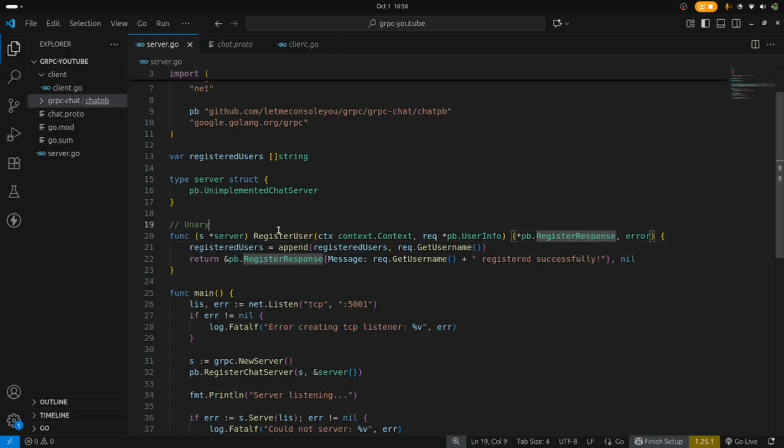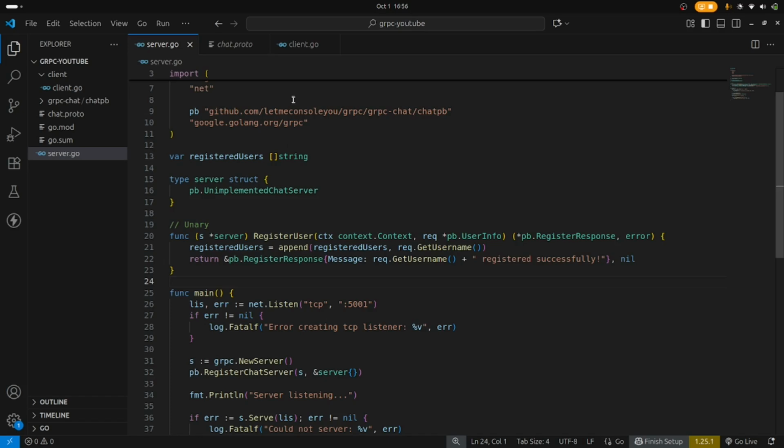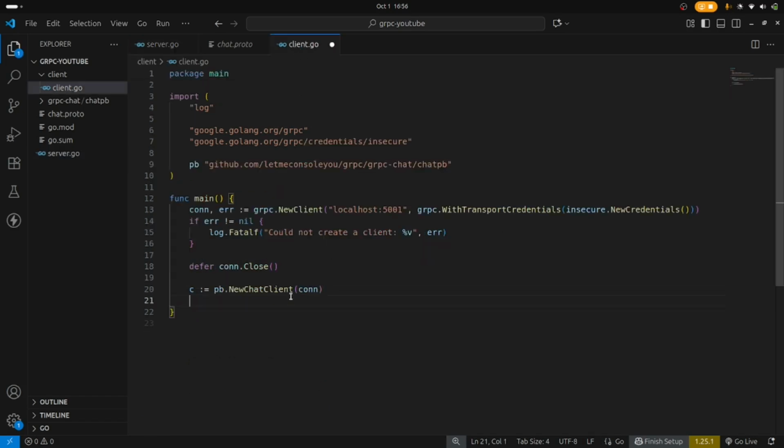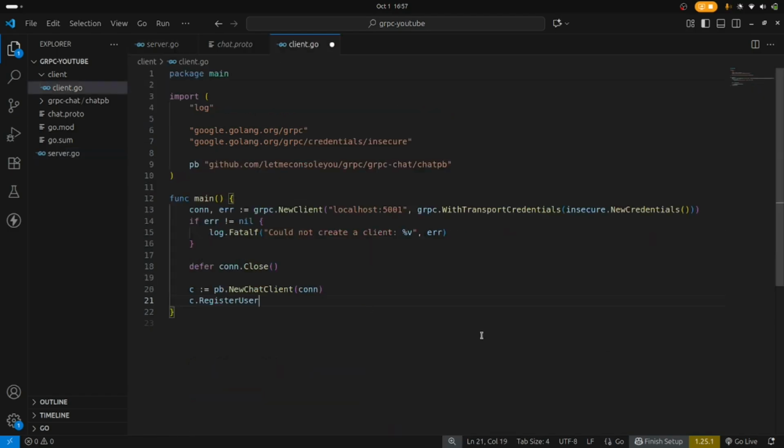Now we have defined the function. Now all we need to do is send a request from the client to this function. So we can do c dot, and we can use this function. Now we can call this function from here. It's as simple as that. Now c dot register user, and in here I need to pass context, so I can pass the context dot background,